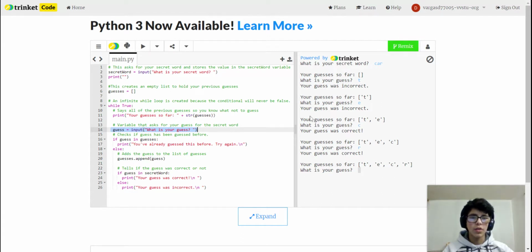And you can see that in the code because it kept asking what is your guess, what is your guess, what is your guess, and I put T, E, C, R, those letters. So yeah,